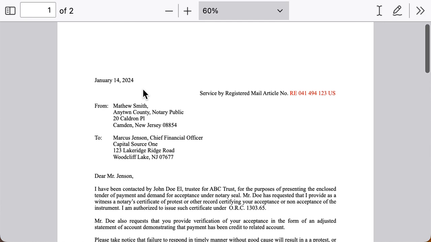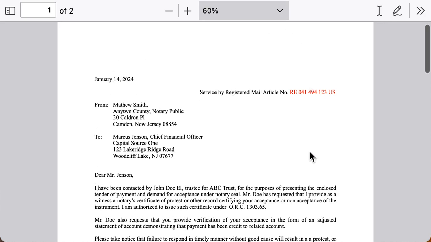What you see here in this notary presentment, we start off with a cover letter. A cover letter is not a requirement for a notary presentment. There is no need to let the person know that you're doing a notary presentment, and technically the notary does not have to present the banker. Excuse me, I'm saying notary presentment. What I should be saying is notary protest. There is no requirement to have a cover letter when you do a notary protest.